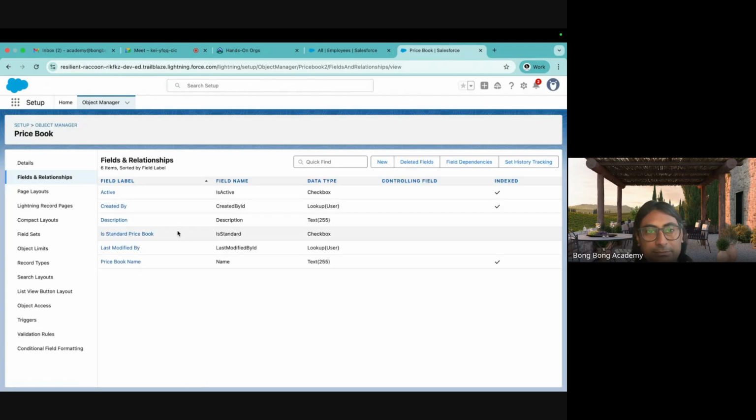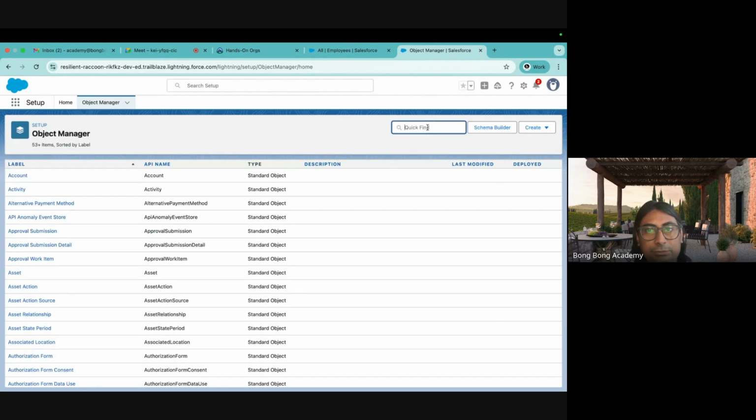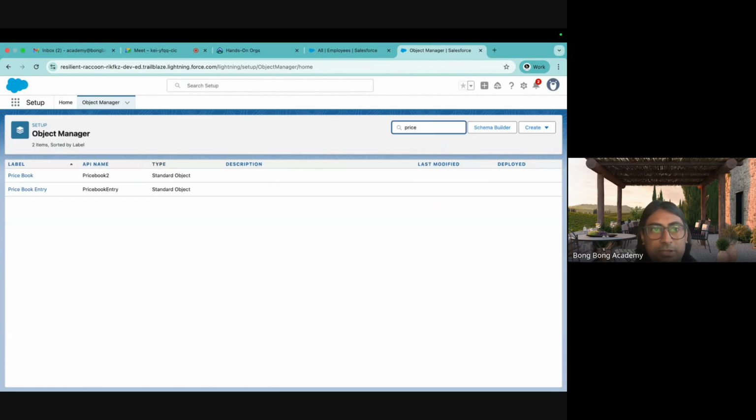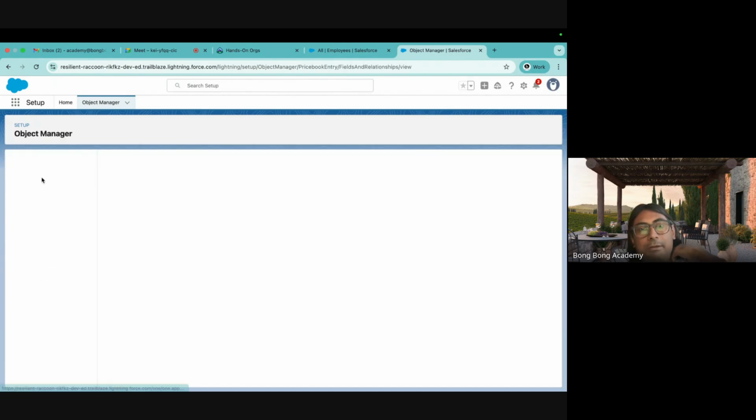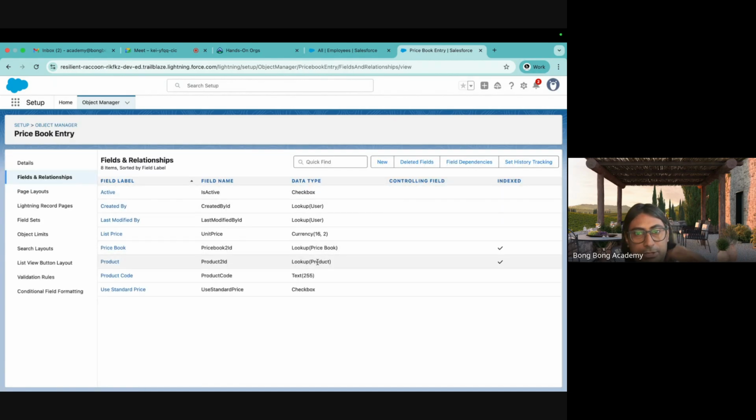Price book has just the name, nothing else. And then we have price book entry. There's a table which will have, you see, product lookup and price book lookup. Okay. If both these